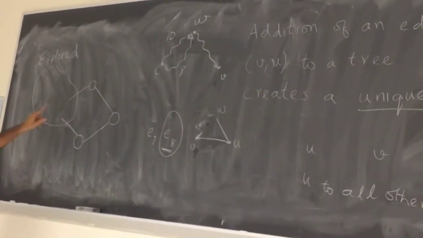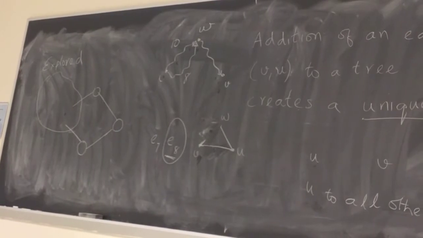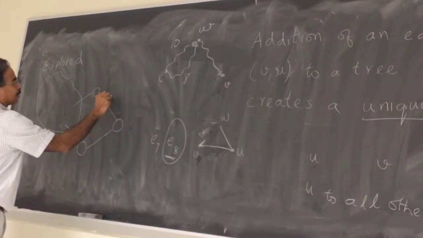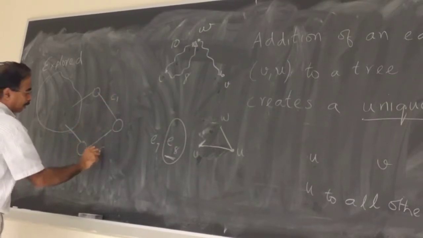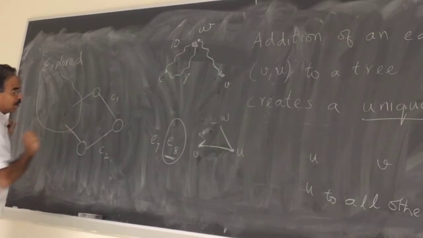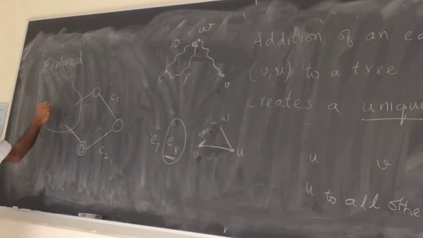So what we are saying here is that as long as edge weights are positive, let's say this is some C1, this is C2. So if the shortest path to this vertex goes through this vertex, then the cost of going from